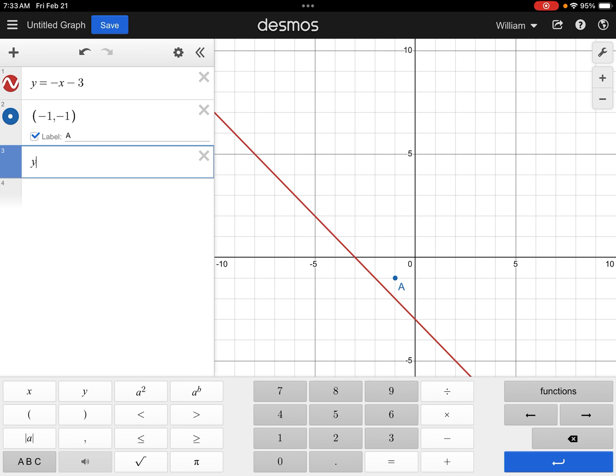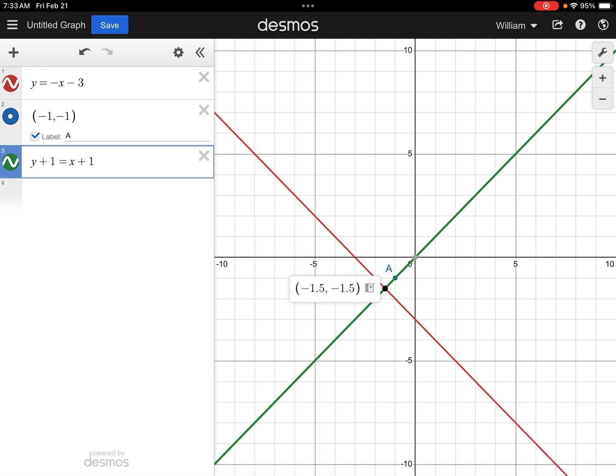So y plus 1 equals, my slope would be 1, so it'll be x plus 1. And it's going to be the same distance, so it's going to be right here at, looks like -2 and